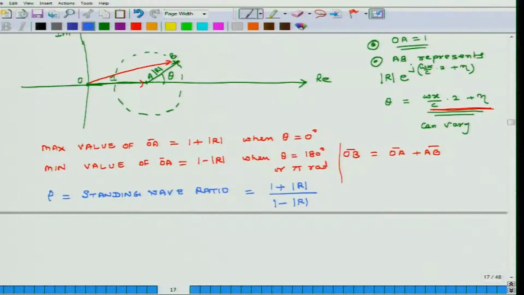Oh, I am sorry. Yes, you are right. This should be OB. So when theta is equal to 0 at some location of x, at that location of x the pressure will be maximum,